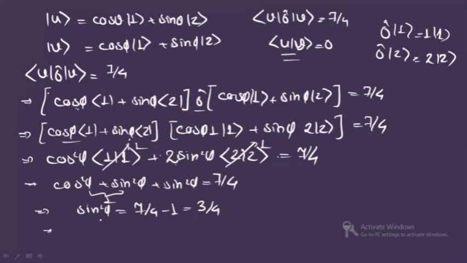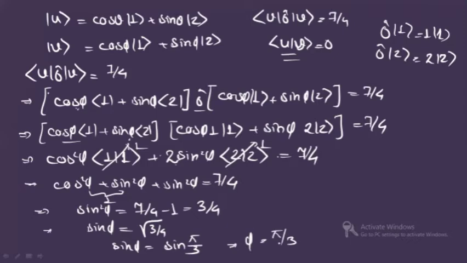Right. And this is having sine square phi. So you will write from here sine phi is equal to root over 3 by 4. Clear? Now I will write sine phi is equal to root 3 by 4, which is sine pi by 3, right? This is the value, because you know for sine pi by 3 it is root 3 by 4. So from here sine and sine will get cancelled, and you will have phi equal to pi by 3. Alright, this is the value of phi here.